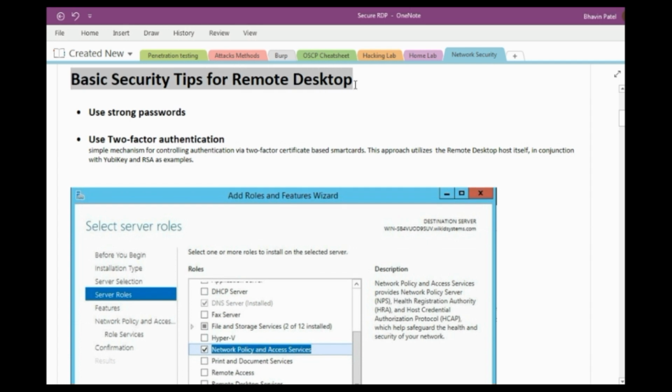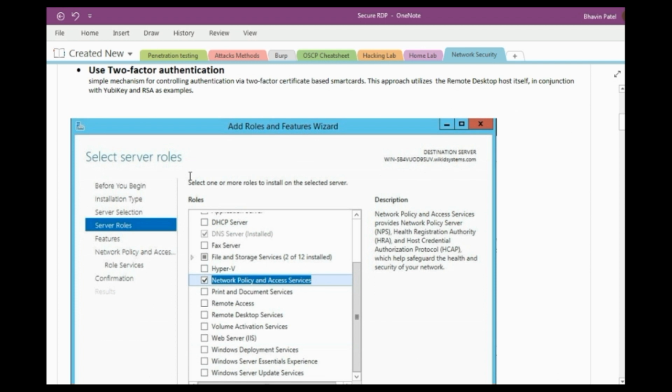So, basic security tips for the remote desktop: use a strong password. Use two-factor authentication, a simple mechanism for controlling authentication via two factors, for example a certificate-based smart card. This approach utilizes the smart desktop host itself in conjunction with a YubiKey and RSA, for example.